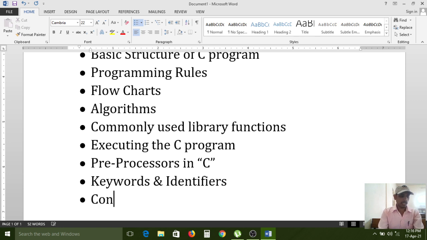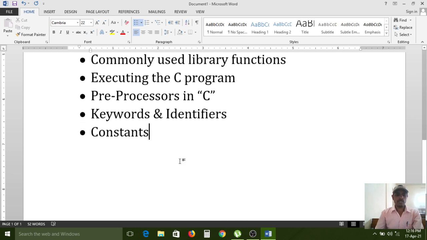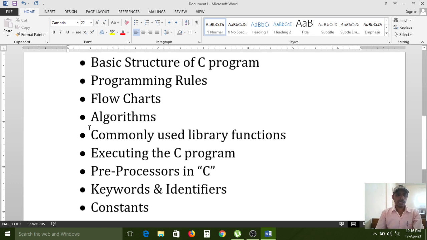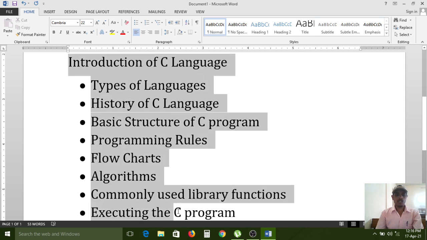Next, constants. So this is the introduction part of C language. Next, variables. And this complete part is chapter 1.